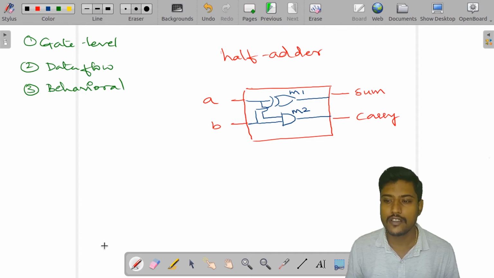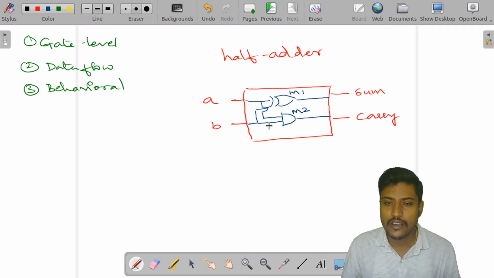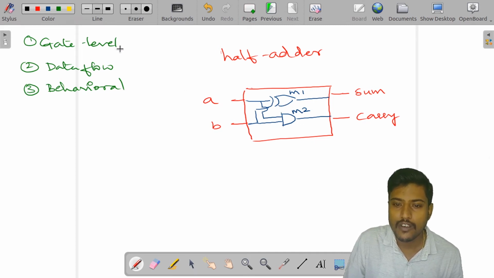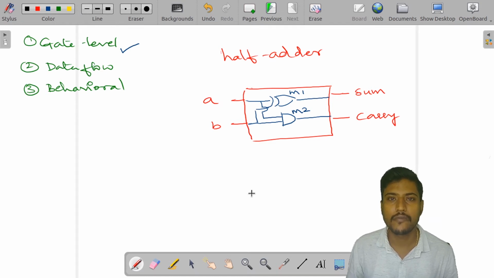Now you can see that the whole half adder description is made in terms of gates. If I write my program at gate level, I'll call that gate level programming, or gate level modeling.